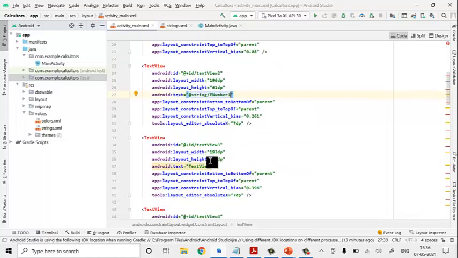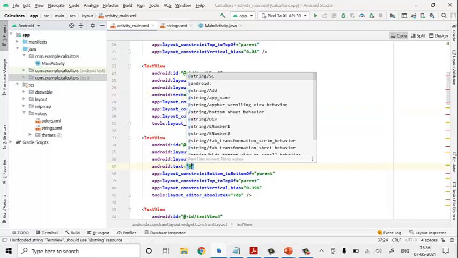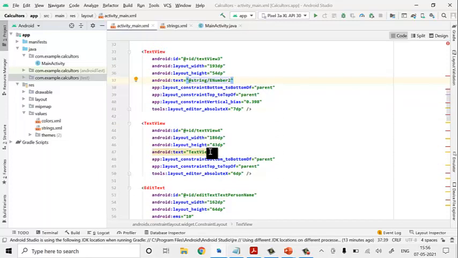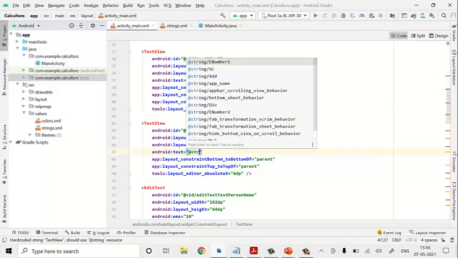Next I have string e number 2 selected. Next for displaying the result, I'll take it as a result.